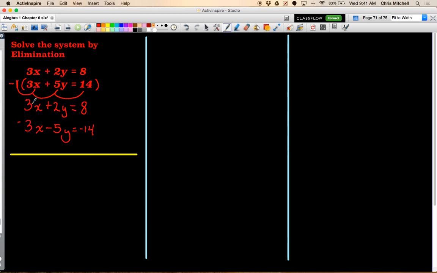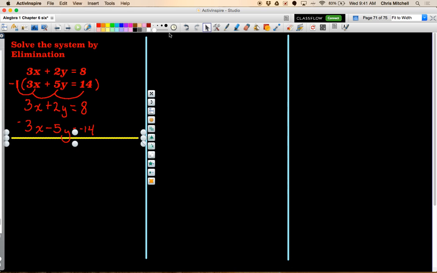So now I have just created a zero pair. 3x minus 3x, that's my zero pair, so I'm going to leave that blank. 2y minus 5y is going to give me -3y